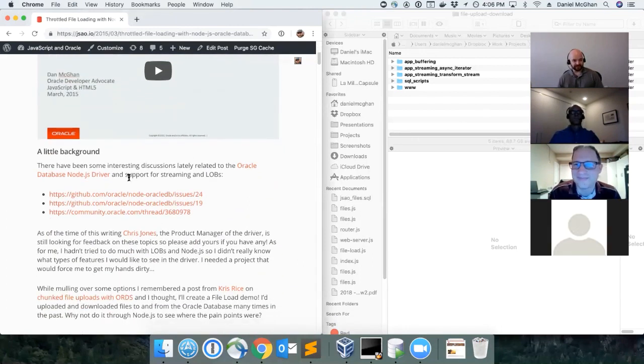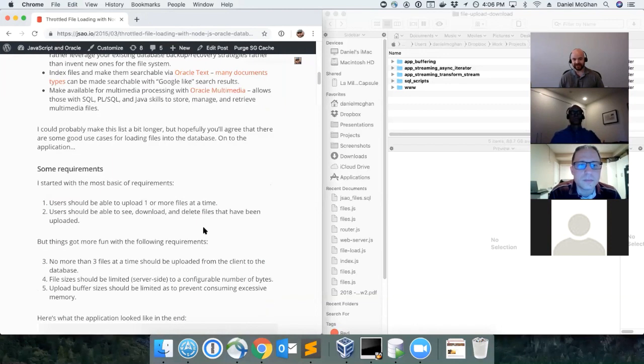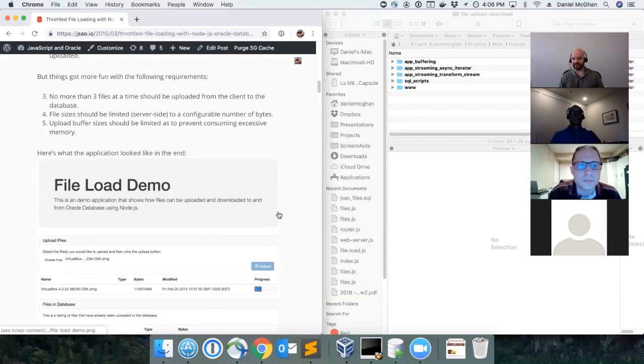At this time, the Node.js driver for Oracle Database, node-oracledb, was only 2 months old. And so it was fairly young and naive. It did not have support for LOBs, either streaming or buffered. And I really wanted to somehow get LOBs into the database. And when I went back and looked at this and saw what it took, I was kind of shocked that I shared that with the world and kind of expected them to do what I had cooked up.